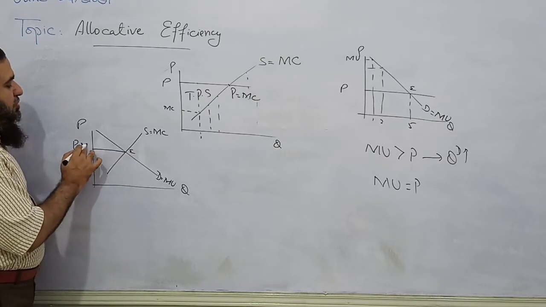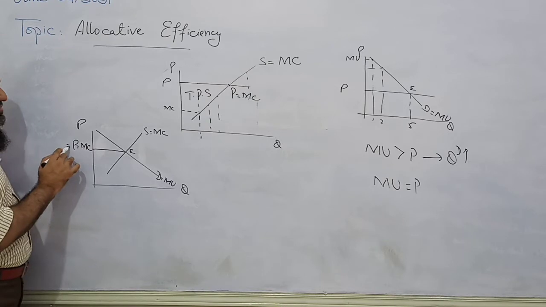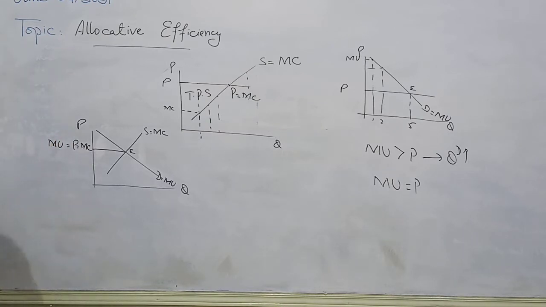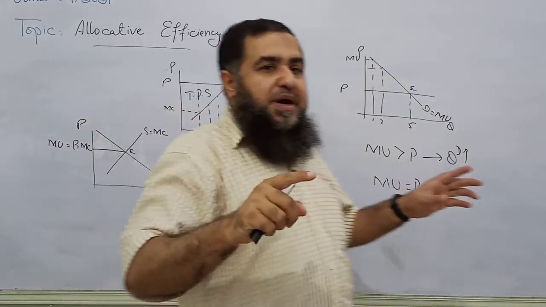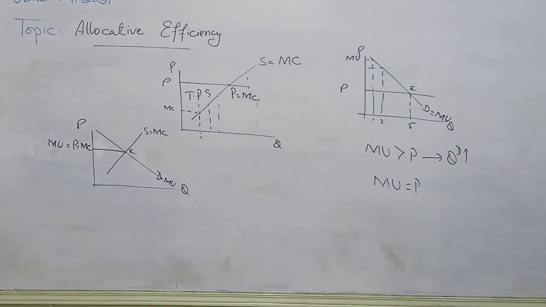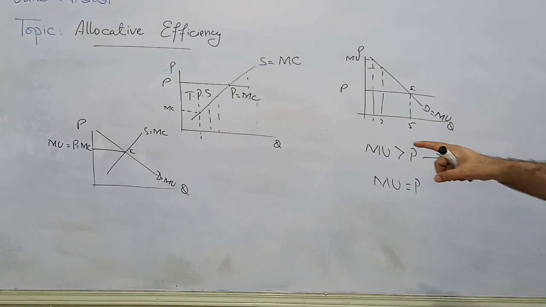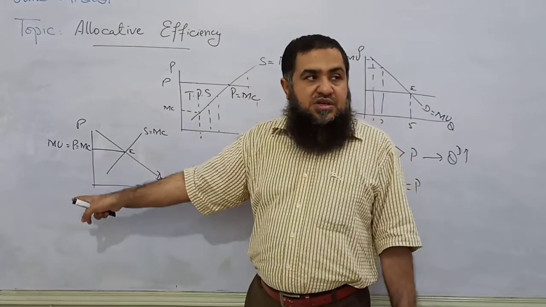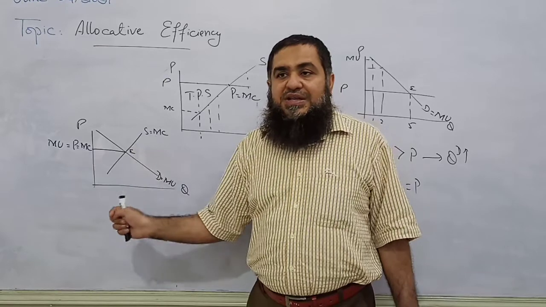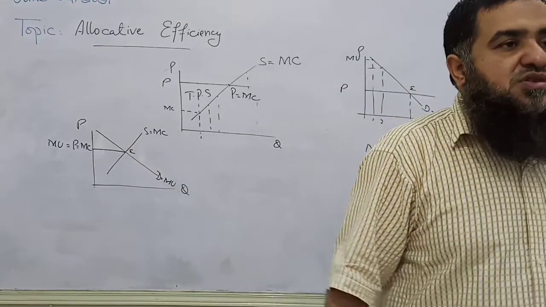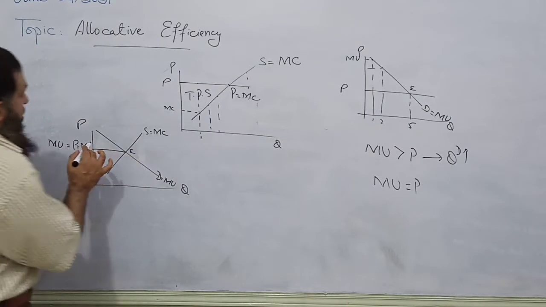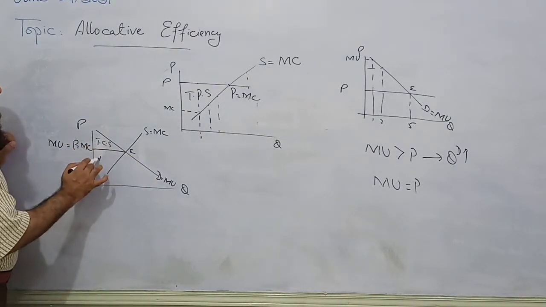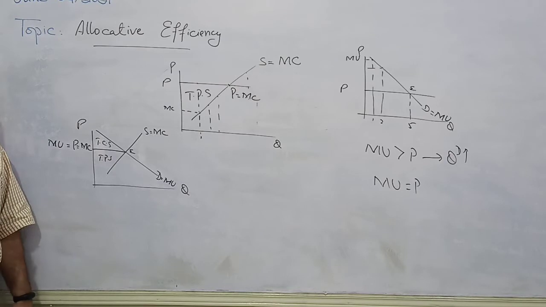So in order to achieve allocative efficiency, at equilibrium what is happening? Price is equal to marginal cost, and that's also equal to the marginal utility gained by the consumer for the last unit consumed. So we see at market equilibrium price, both consumers and producers are able to maximize their welfare, as the price paid by the consumer is equal to the marginal utility of the last unit consumed, and the price received by the seller is equal to the marginal cost of the last unit produced. So this is the total consumer surplus which is maximized. This is the total producer surplus which is maximized. Clear?